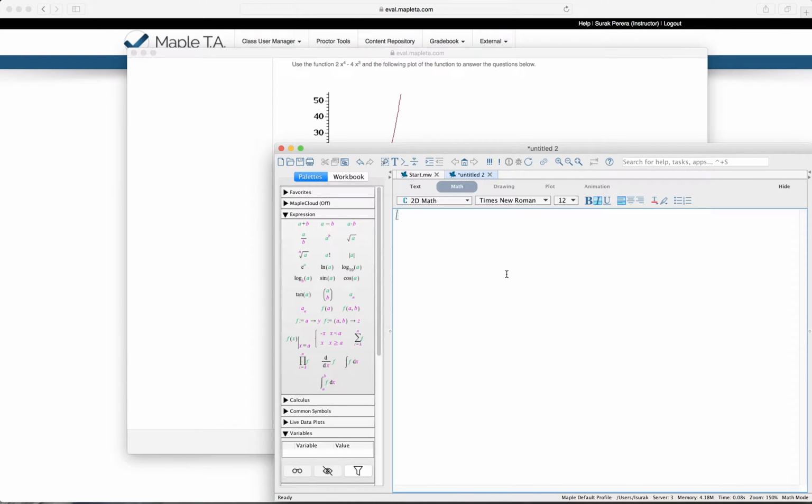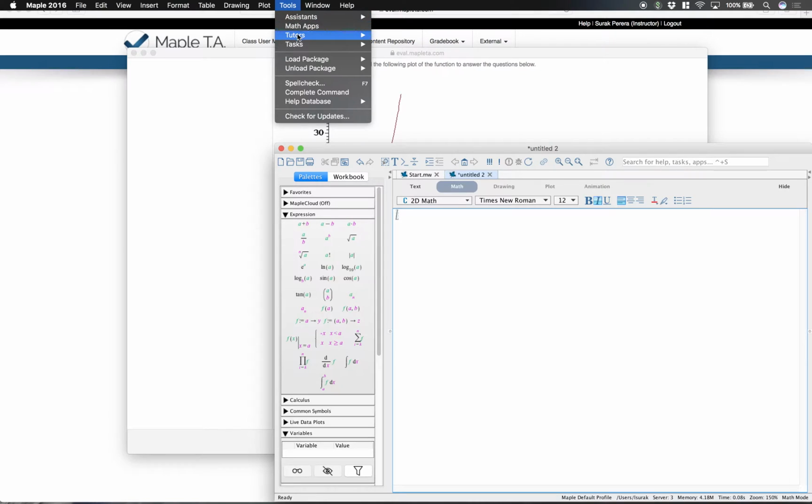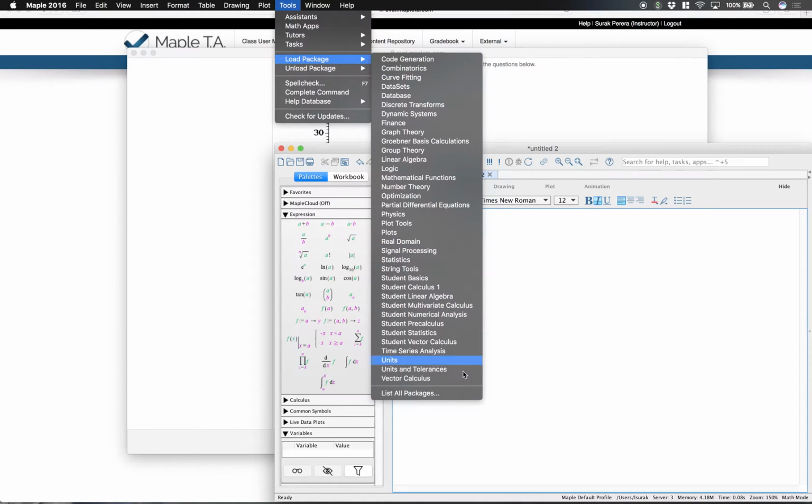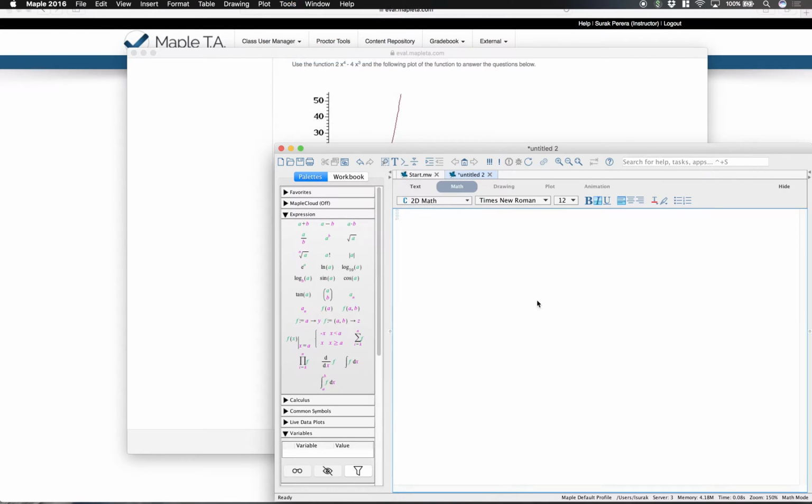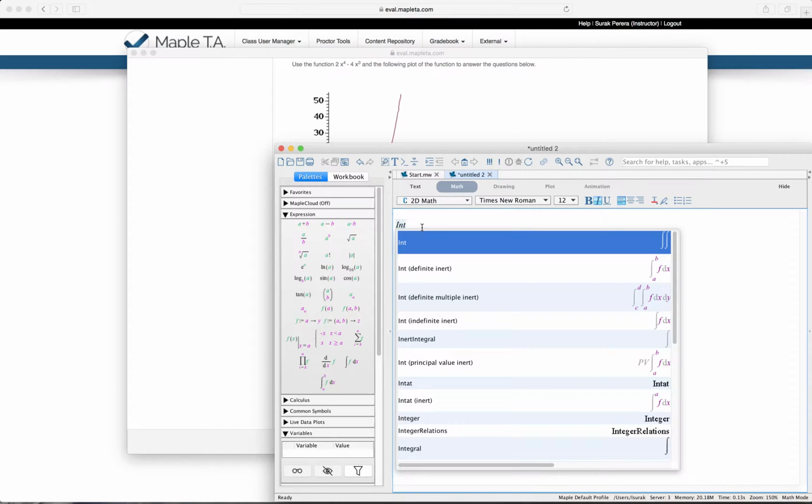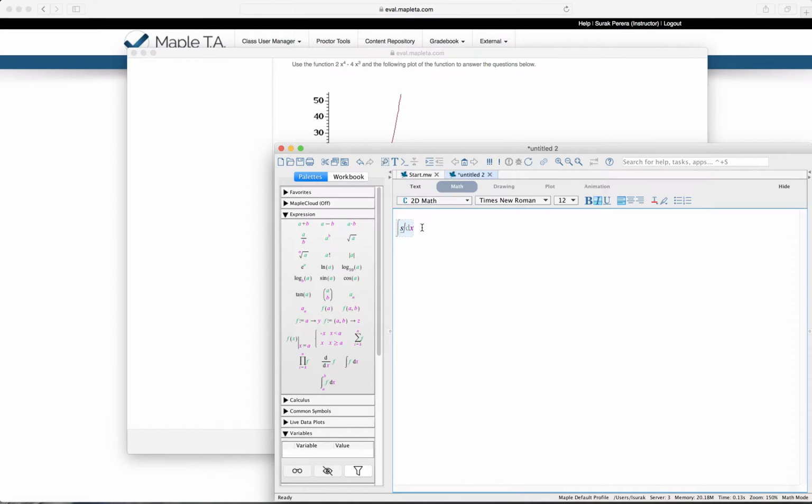If I switch into Maple, so this is the mathematical engine that is driving this system. And all of these functions that are available in the Maple computing environment are available in MapleTA. So if I am setting up a question for a student, let's say computing the integral of a particular expression,